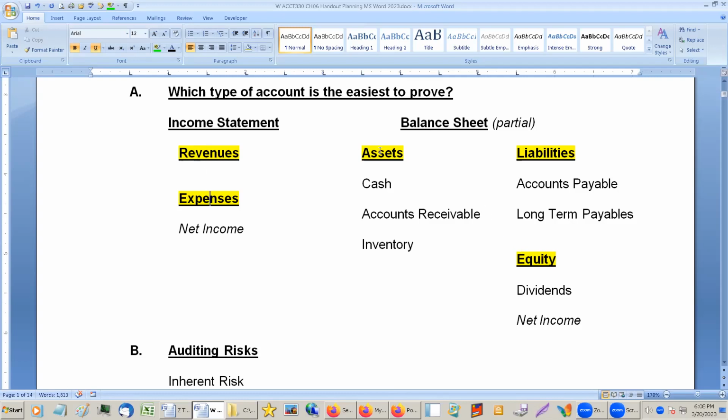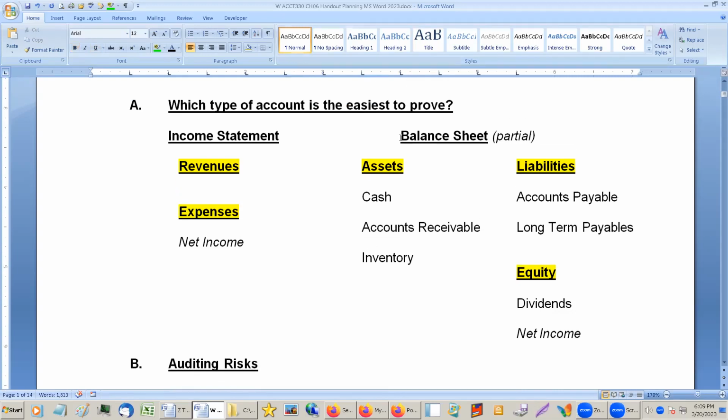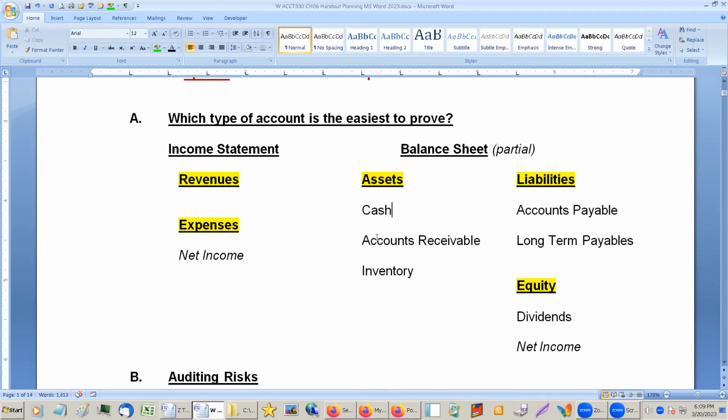So of these 5 types of accounts, which account is the easiest to prove? Which account would be the easiest to point to and say, we can prove this account? Equity? Close. It's actually on the balance sheet, but it's actually going to be assets. So, for instance, if you need to prove an asset like a building, you can go look at the building and see if the building is there, and then go through and figure out if they actually own the building and all that kind of stuff.